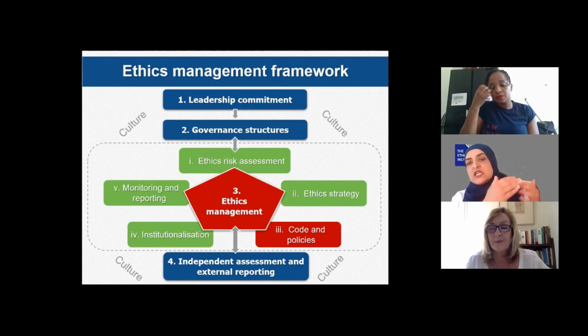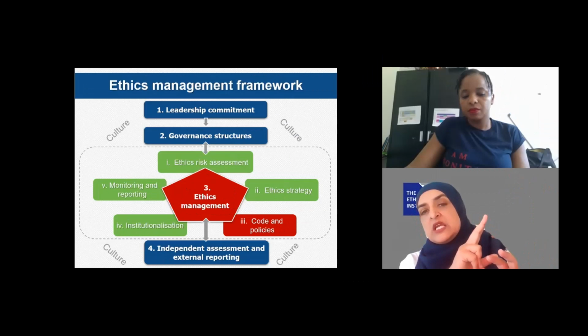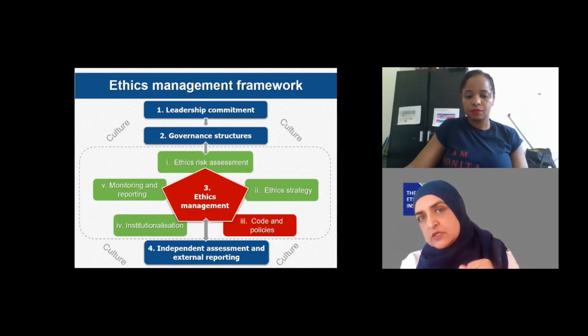So already that gives you the lead in terms of the type of organization you want to be, and the type of code of ethics you're going to set out. So the golden thread, from the eye of the ethics management framework, is that the link between the risk assessment process and the strategy process in terms of developing your code of ethics is very critical. Javita?